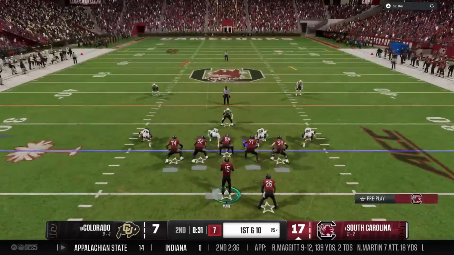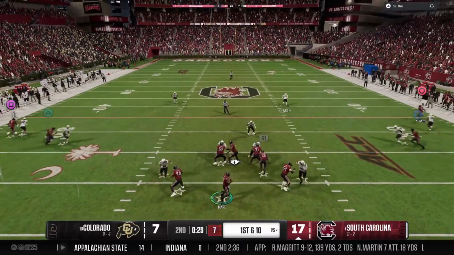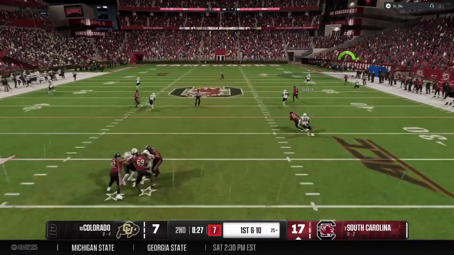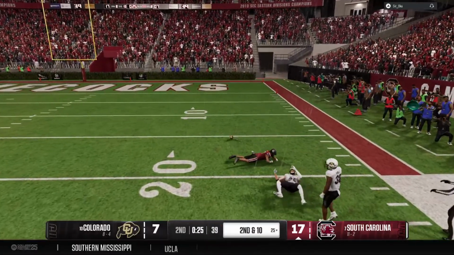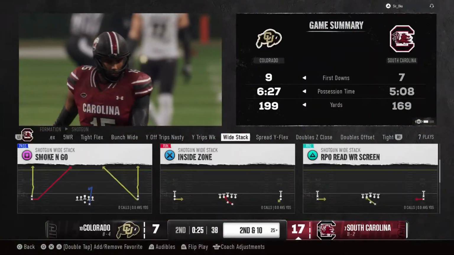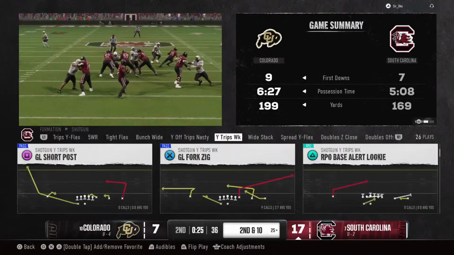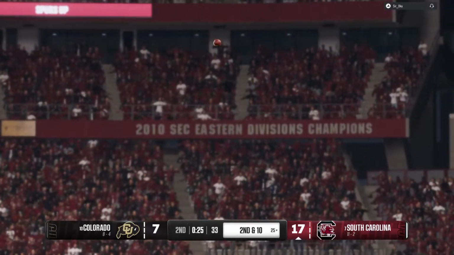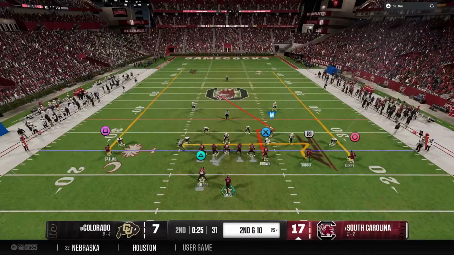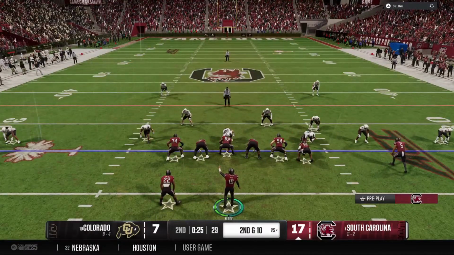Interesting position here. How aggressive do they get to try to add to this lead before halftime? And he floats this pass deep down the right side. Incomplete. They cannot connect on the deep ball. Well, the offensive coordinator with the right call, trying to take a shot there, but just poor execution. They couldn't come up with a big play. Let's see if the coach tries it again later, or maybe in the second half.